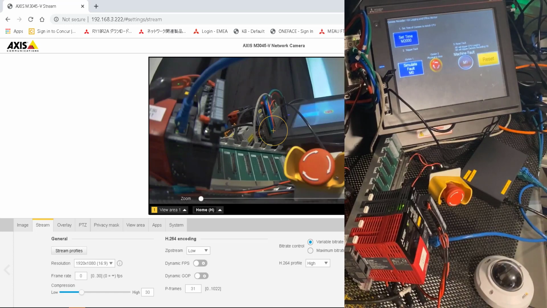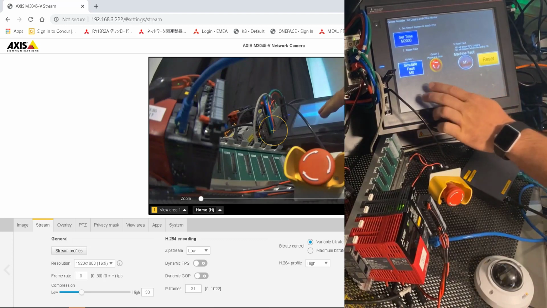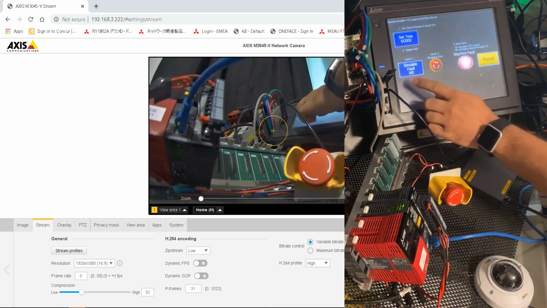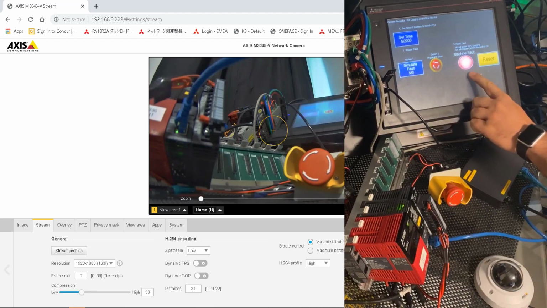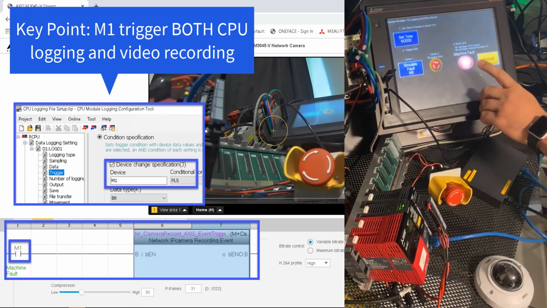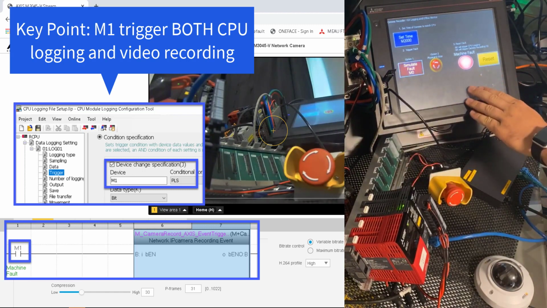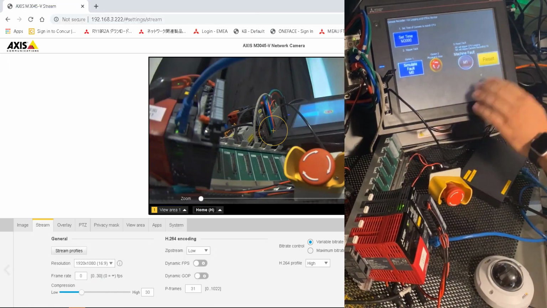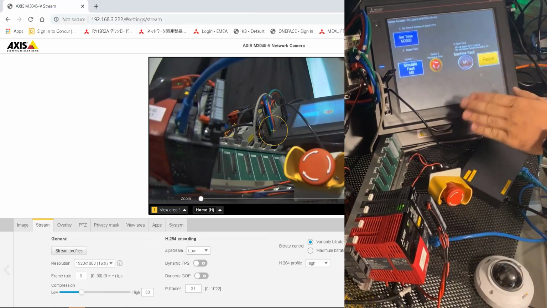Okay, so now that we've looked at the setup, let's go ahead and trigger using the HMI. If we were to simulate a fault, we press the button, and we've got M1 on. We know M1 is our CPU logging trigger, and M1 is our camera file recording trigger. So that should have given us a file from the camera as well as a logging file from the PLC. So we'll take the fault off, we clear the fault, and we say let's go back and look, see what